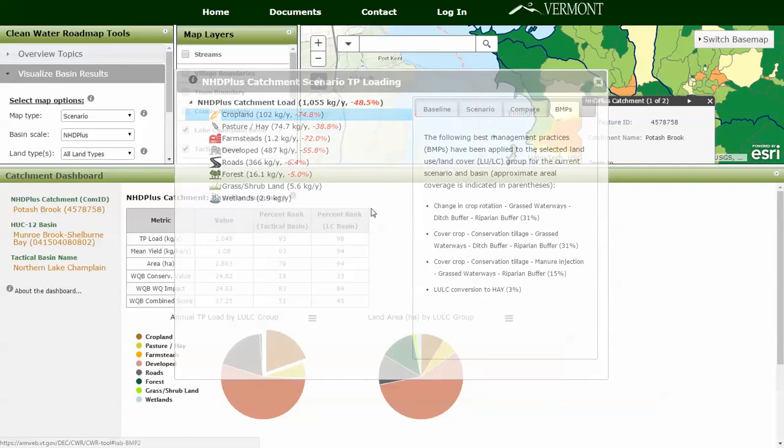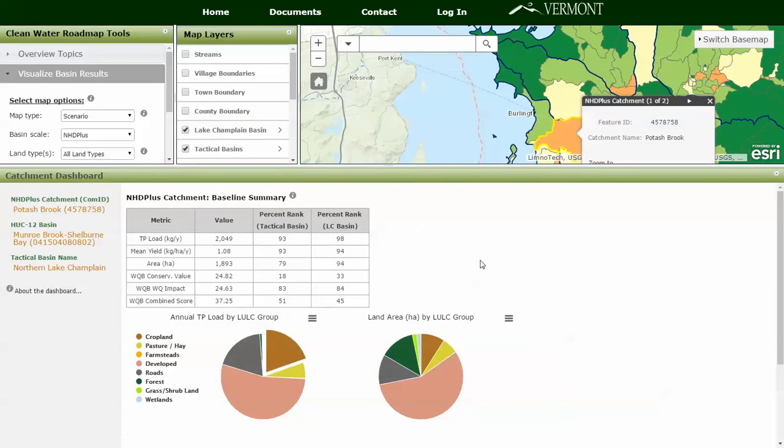And so what we're seeing here then is actual information and an on the fly ability to compare the baseline data that the SWAT model produces at different geographical scales with the reasonable assurance scenario that the state of Vermont has agreed with EPA to improve the water quality in Lake Champlain by reducing the total maximum daily load of phosphorus in different lake segments,